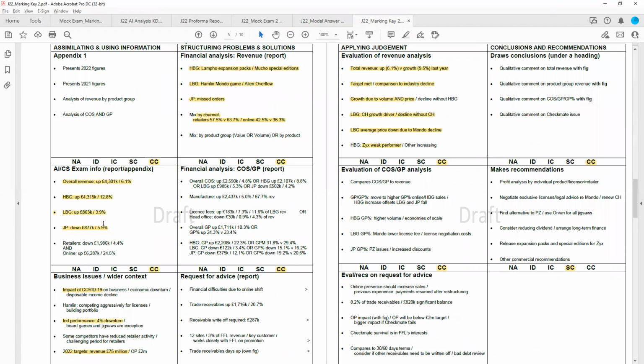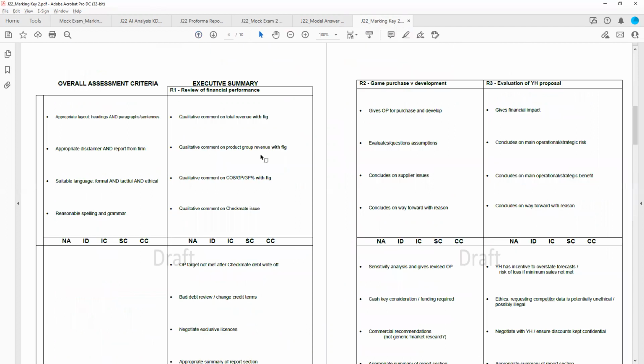So what it's going to be in a conclusion is the same as it's going to be in a summary as it's going to be in the main report, because these are just facts. Their revenue went up by 6.1%. Overall, HBG revenue went up by 12.8%. So therefore, because they're going to be the same in the conclusions as they will be in the exec summary,